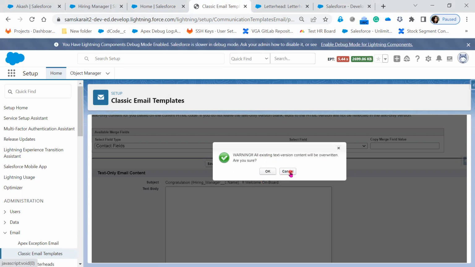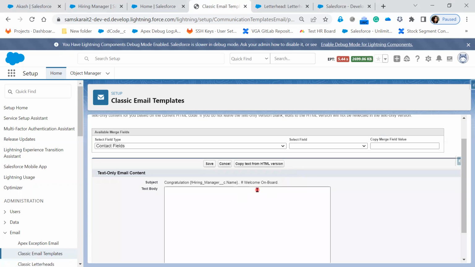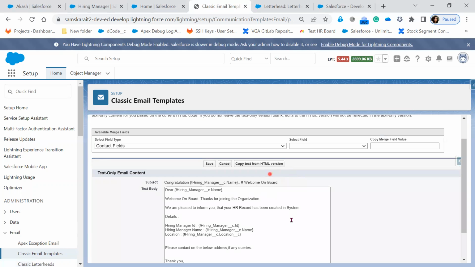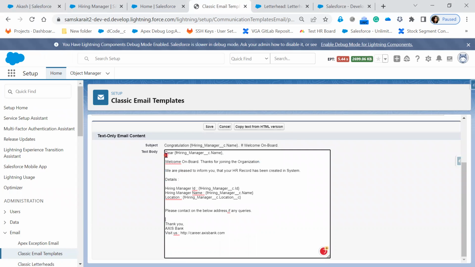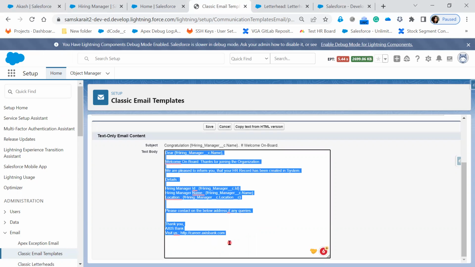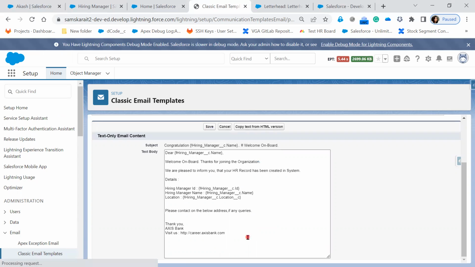But in my scenario, I have images and I have some data which is there. So I do not want to overwrite. But usually what you will do is, in case you click on OK, it will be displayed as normal text form. And if you click on save, what will happen? It is going to show you in the